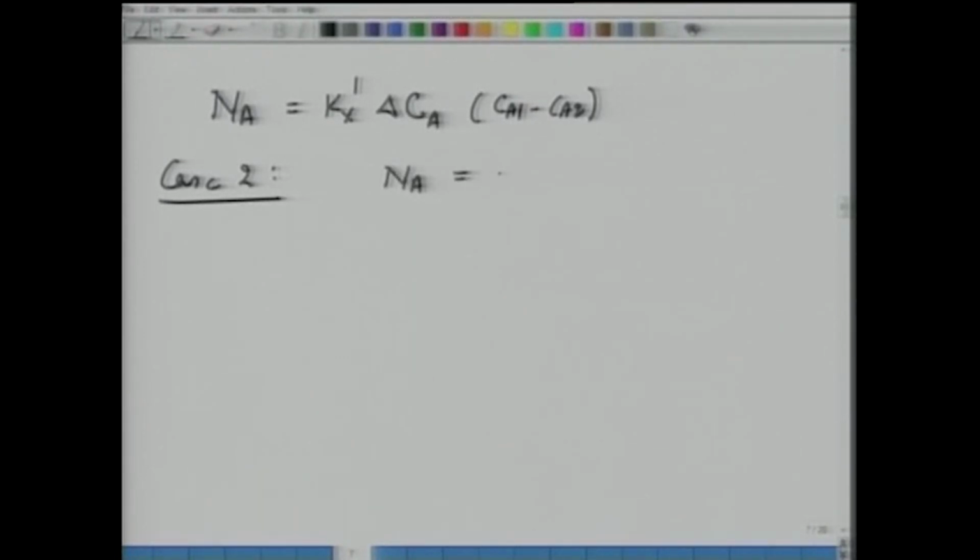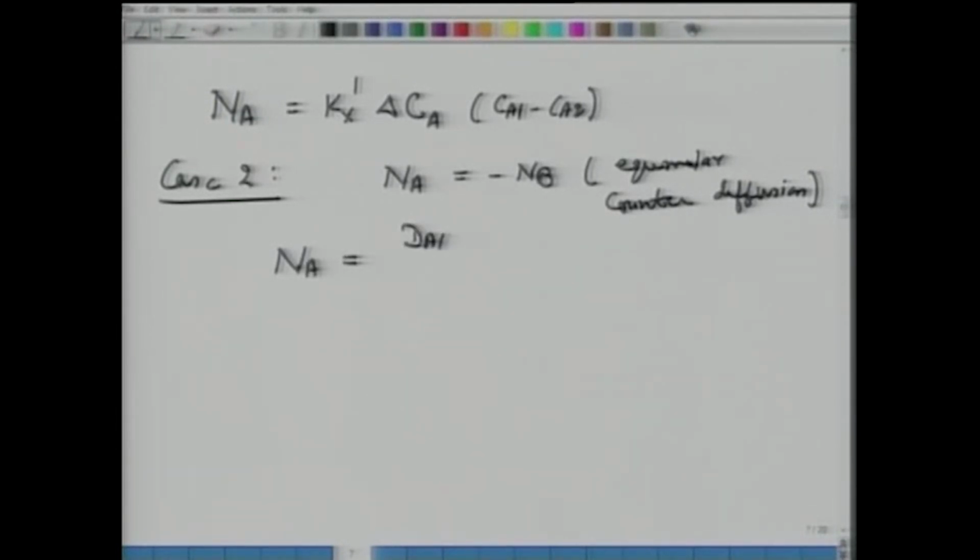We had NA equals minus NB, which is equimolar counter diffusion. So when we have NA equals minus NB, we can go back to the same expressions we started with earlier, and substitute NA equal to minus NB to write NA equals DAB C over Z times (XA1 minus XA2),